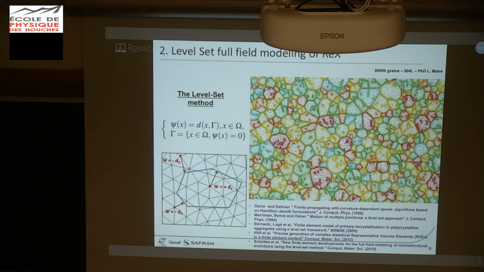But another message is what could be the interest of this kind of finite element mesh adaptation. For example, if you want to simulate grain growth by capillarity, intragranular information is not important. All is defined by the capillarity, the energy at the grain interface, and by the interaction between second phase particles and grain interfaces. And in this case, of course, it is interesting to use a coarse mesh inside the grain and a fine mesh